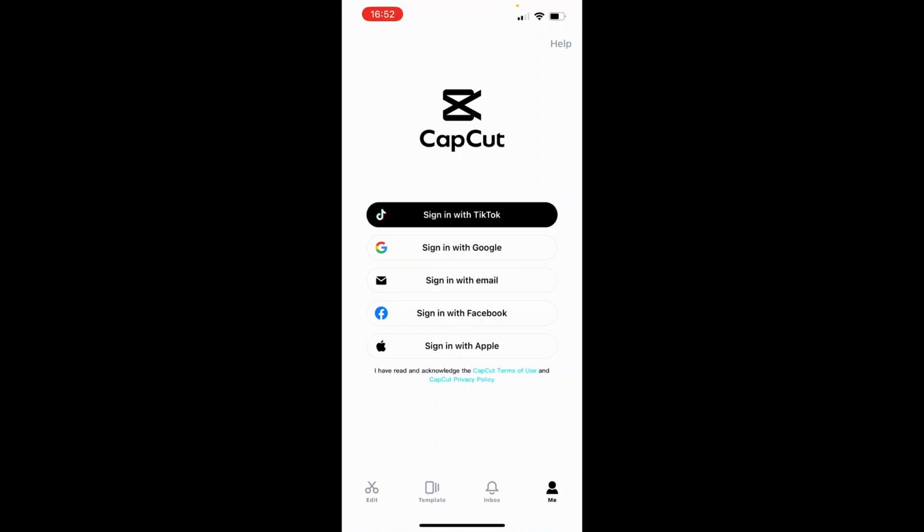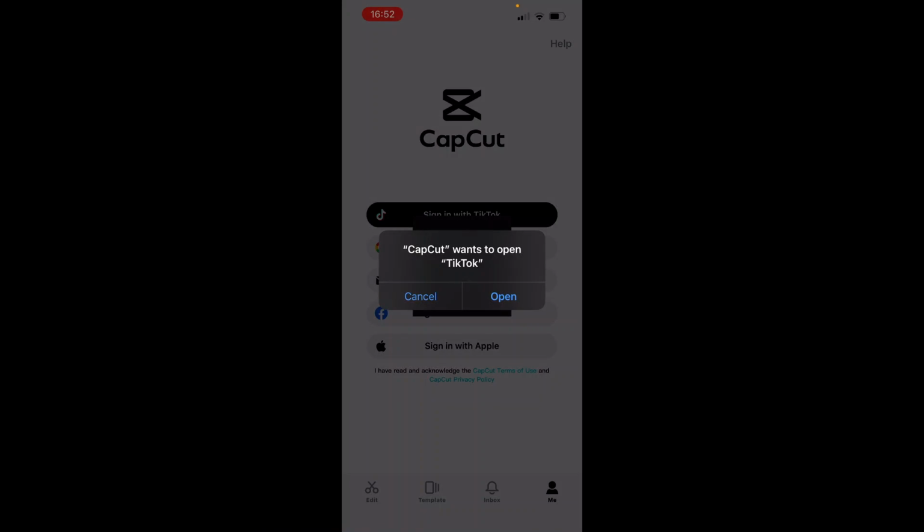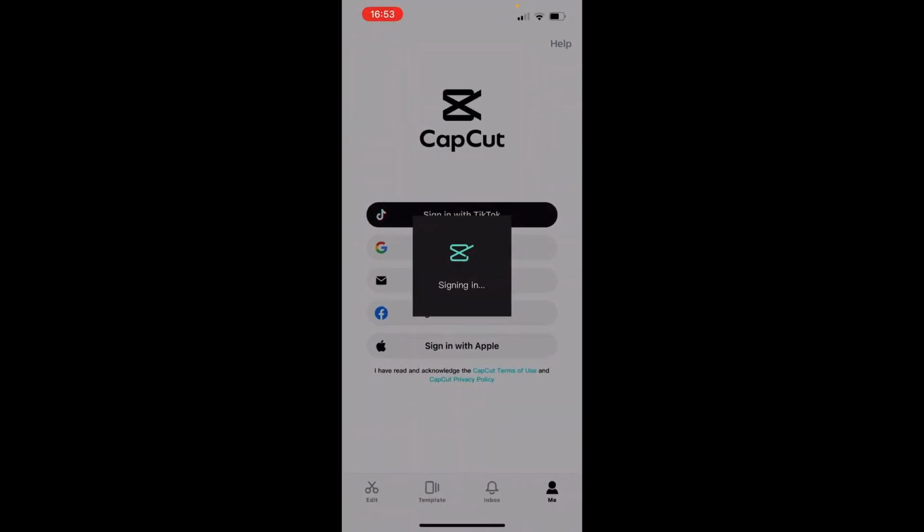Now once you're on this window, you then want to go to Sign in with TikTok, and then it's going to ask to open TikTok, so click on Open. Once you've got TikTok opened, it will then redirect you to this window, where it's going to ask you to authorize your account with TikTok. If you're happy with all of that, you can then click authorize, and it should then take you back into